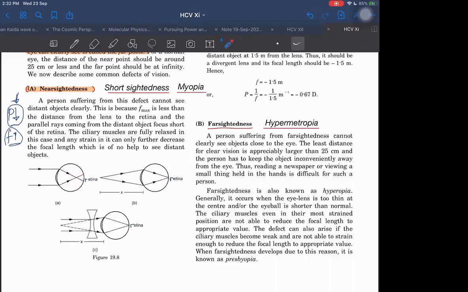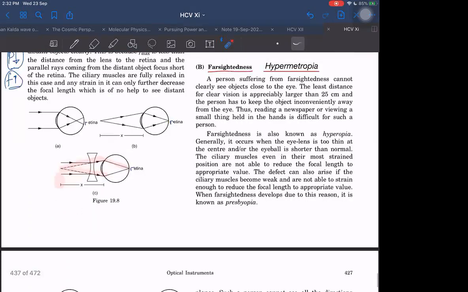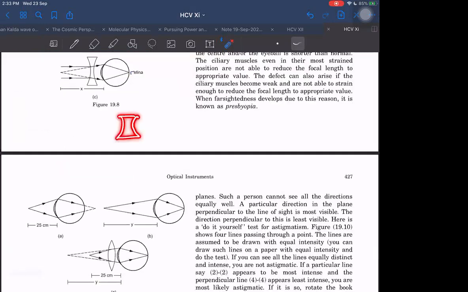Maximum I can do, I will bring a concave lens outside, which will form the image of the objects at infinity at a point which is nearby only. And this point, if some object is here, that I can see. So the main idea is that this lens should, let us say, with the help of my eye, this is the eye, let us say.